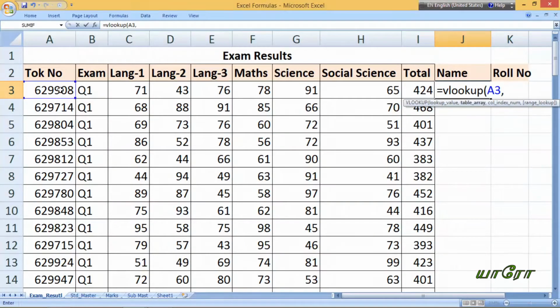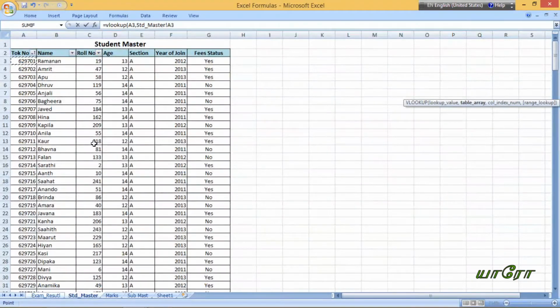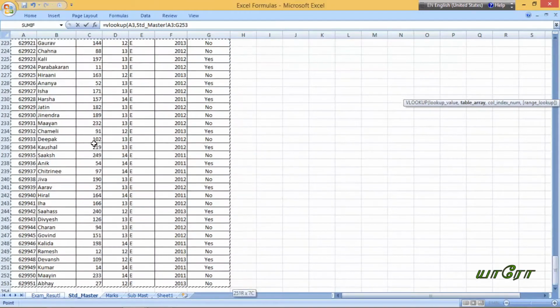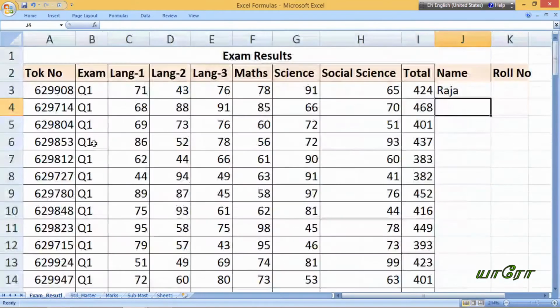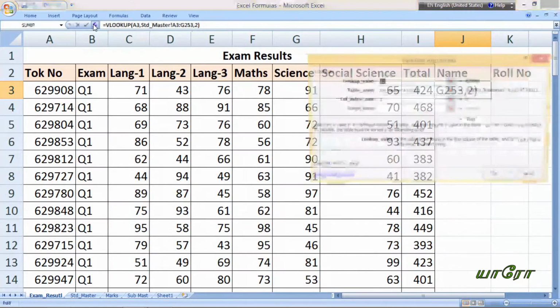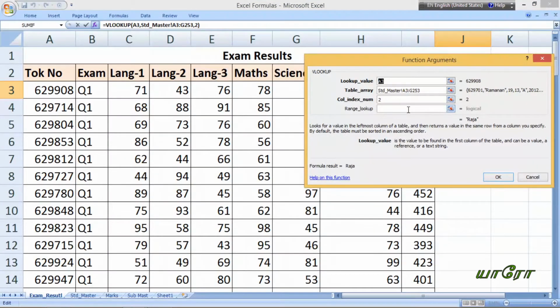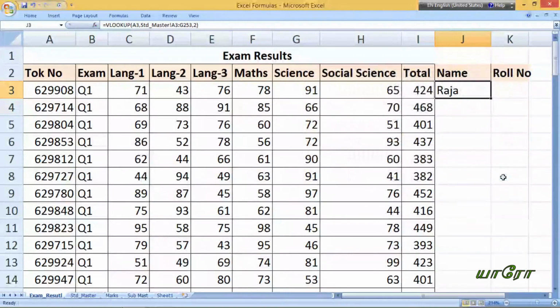Take the value as per my earlier video. Select, enter a number, then the name comes. See, it records. So for clear understanding, please refer to my VLOOKUP video already covered on YouTube. Now I am going to teach you how LOOKUP works. LOOKUP is something different from this, but not much. The formula is very simple to understand.